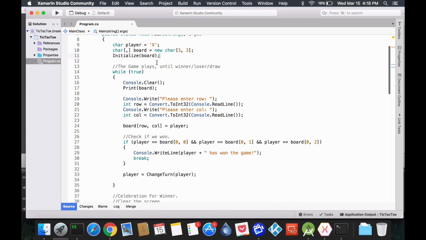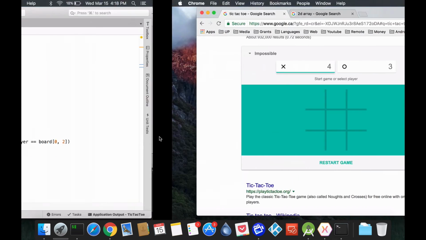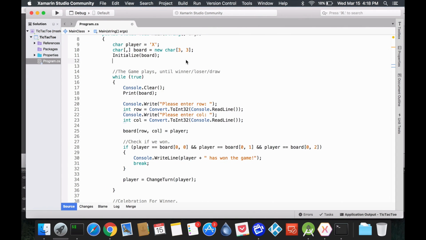Let's do one last thing, and that's going to be figuring out if it's a draw. To do that, we're just going to have an integer called moves played, equal to 0. So let's say after every turn, well, after we check if we won, we change the moves, right? So moves played equals moves played plus 1. And we do if